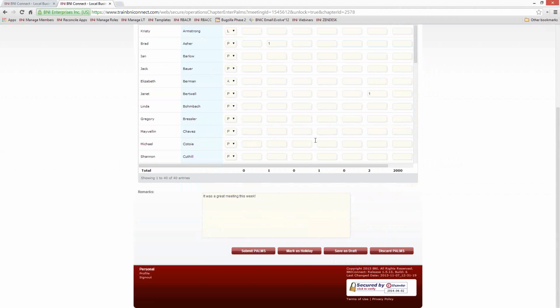One other thing that I wanted to show you guys quickly on the POMS report is you'll notice there's a couple of other options here. Mark as holiday, save as draft, and discard POMS. When you mark it as a holiday, it will basically close out this report. It'll zero out the report and not count it